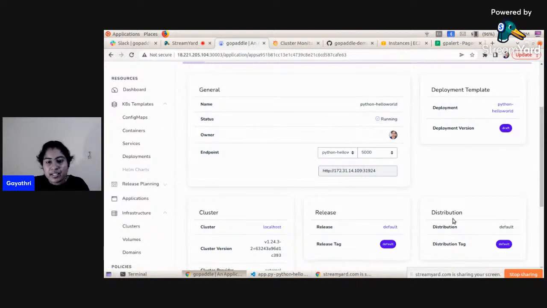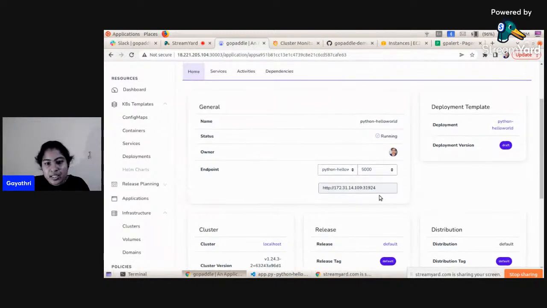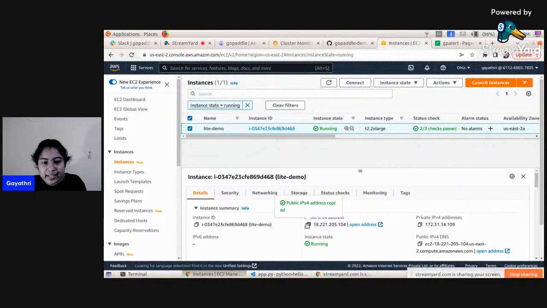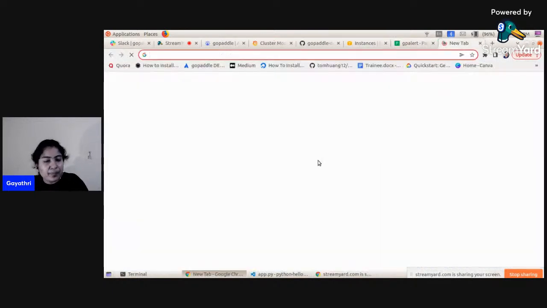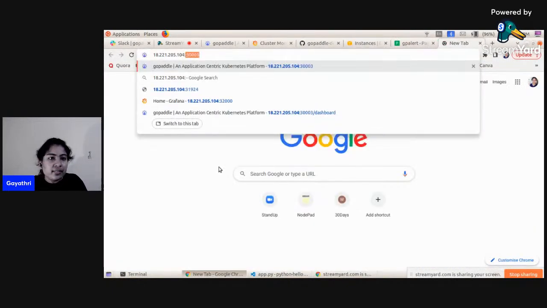In the top level app dashboard, it will show you the application type, like this notebook type application, and the access information and all. Also, this particular application is deployed into an AWS EC2 instance. So for accessing this application, we generally need to use the public IP address. For that, I'm just copying the public IP from my AWS portal, and